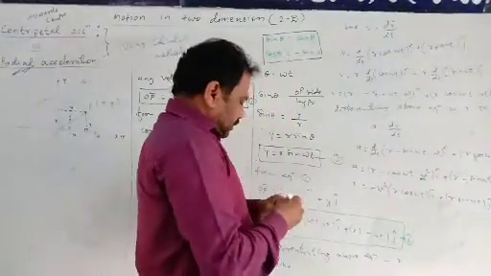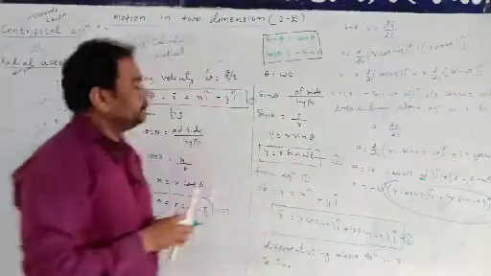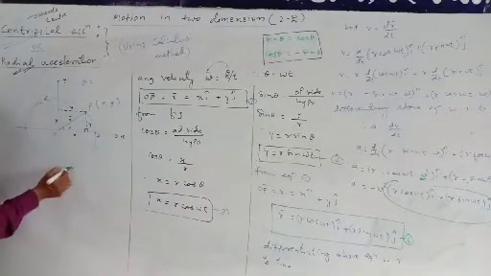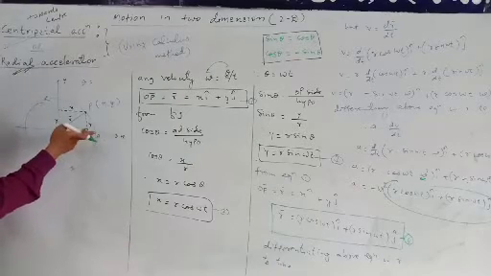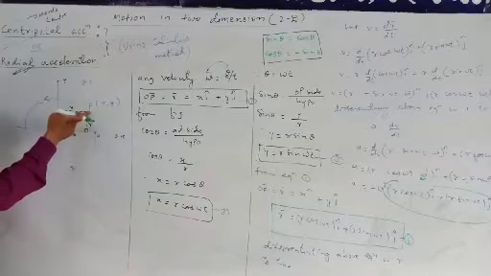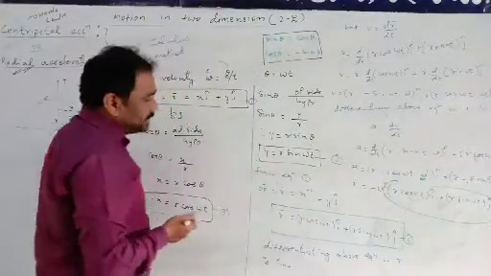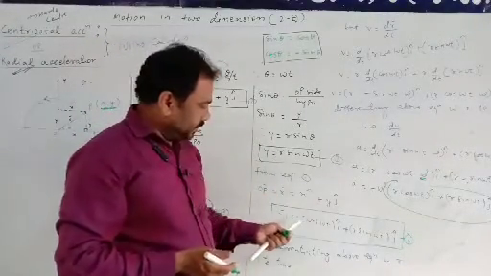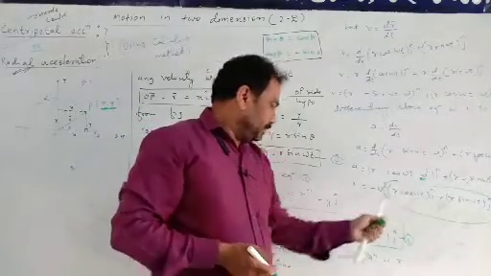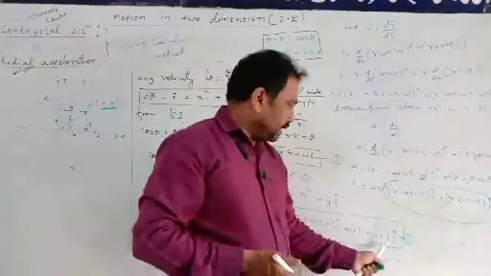What is the name of this total term? Concentrate on this figure. The direction is anti-clockwise, so the particle is moving from A to point P, having coordinates x, y. We consider its radius vector. This one is the radius vector, and its value is r cos omega t into I cap plus r sin omega t into j cap.